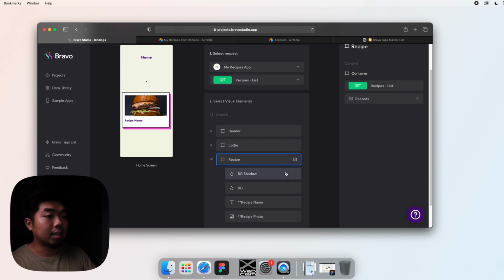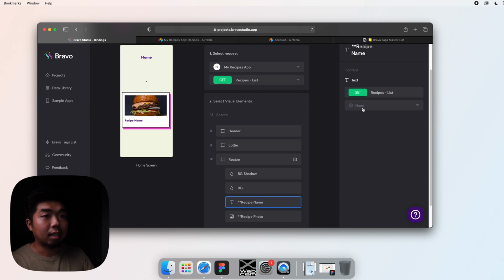Okay, now the next thing we're going to do is make sure that for each one of those elements it creates, it has the correct image and name attached to it. Now remember how in the design I added those 2 stars? If you look right over here, you can see those 2 stars are shown here. And again, this is just a tip that I use that makes it really easy to know what items to select in Bravo. Because we can't visually see what we're selecting like we do in Figma, it's easier when I add those 2 stars. So we'll do the name first.